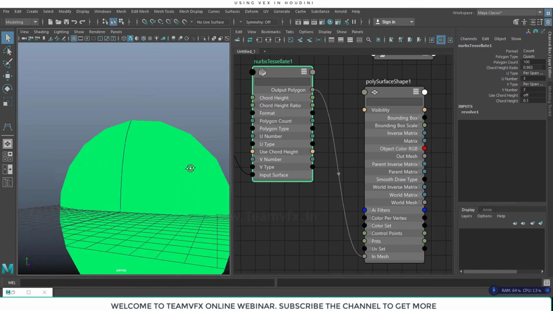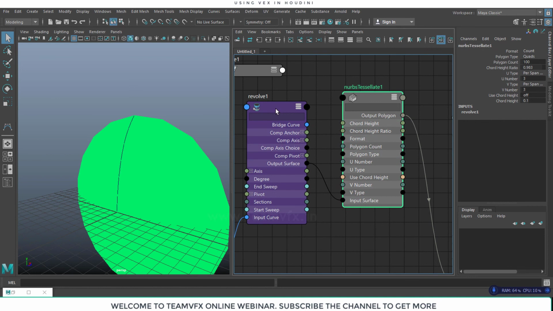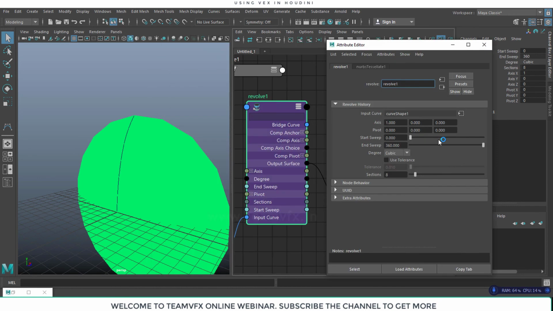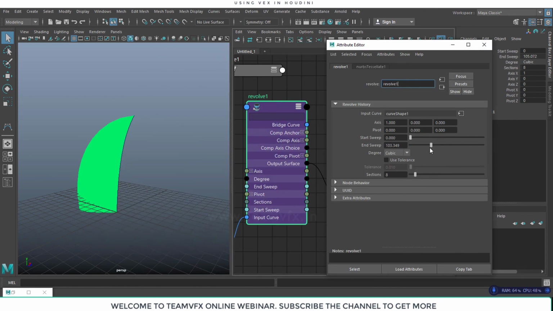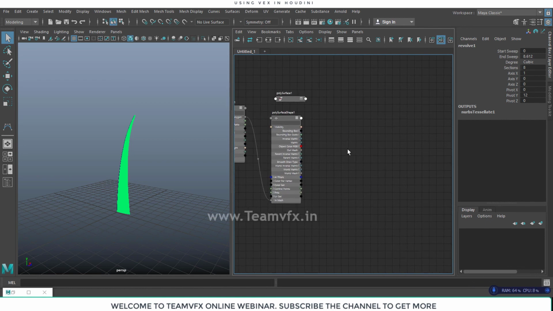It's nothing, it's just a surface revolving 360 degrees. So we have to make it a little bit less. We have a 360 degree option, so we will change it to something like 8.6 or something. And now we will change our viewport pivot to 10 or something. So now we have got a beautiful shape of our grass, and again it's looking green just because we don't have any surface node.